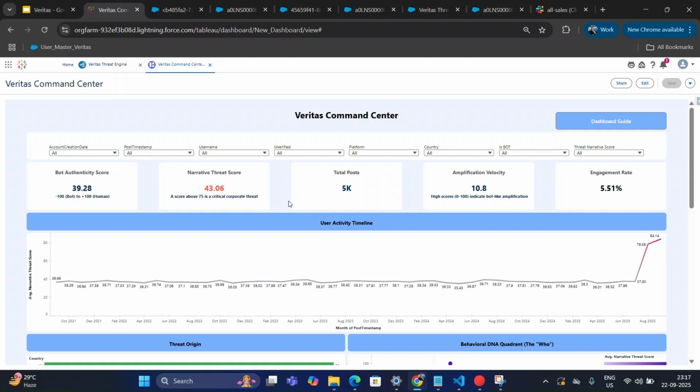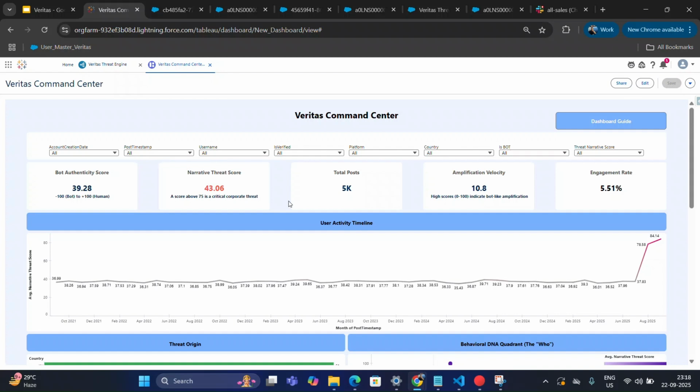But before I start, I just have one quick question. What is the company's most valuable asset? Is it the reputation? Well, in today's world, that reputation can be easily destroyed in 48 hours by an enemy you can't see. We built our project Veritas, an autonomous corporate defense platform that transformed a multi-day crisis into a